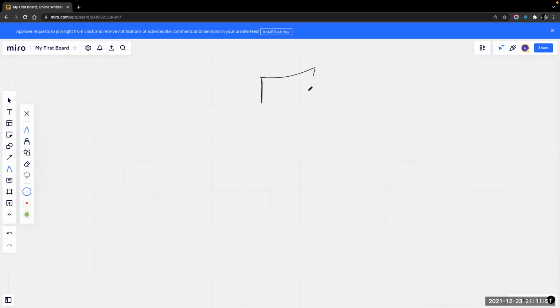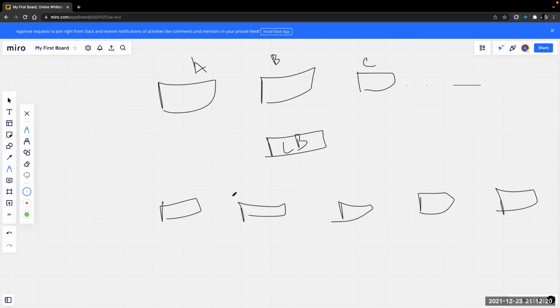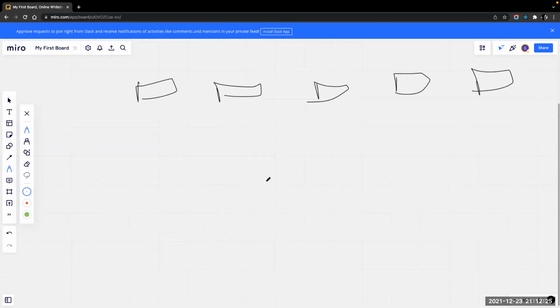So we have a lot of users, say A, B, and C, and we have a load balancer here. Yeah, exactly, the horizontal scaling, right? So in horizontal scaling, we have a lot of servers, but when the number of users goes on increasing, at that time we dynamically add one more server. Okay, so you can see there are two major services today in the market which are providing this.